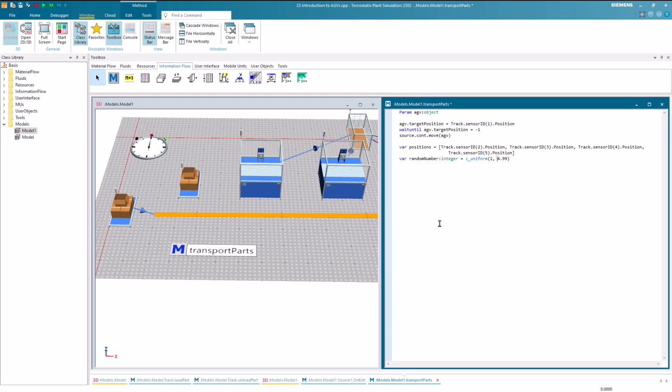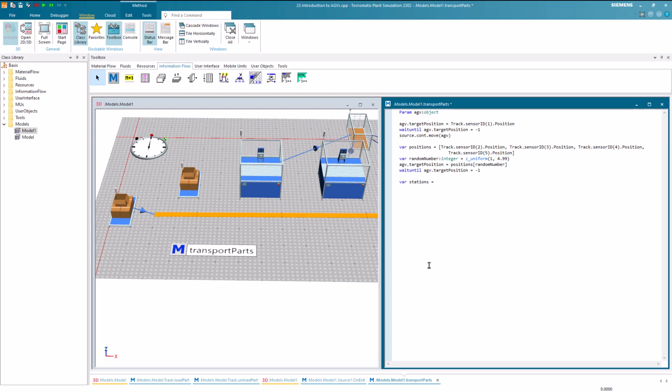Now, we can set the new target position of the AGV and assign it to a random index of the array. Then we can simply use the same wait until statement from above. Now we need to move the part to the corresponding station. To do so, we create a new array which we call stations.